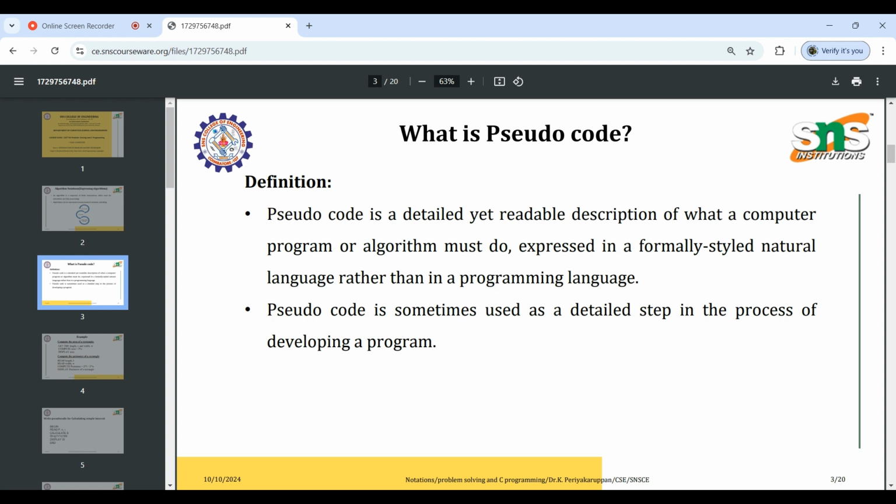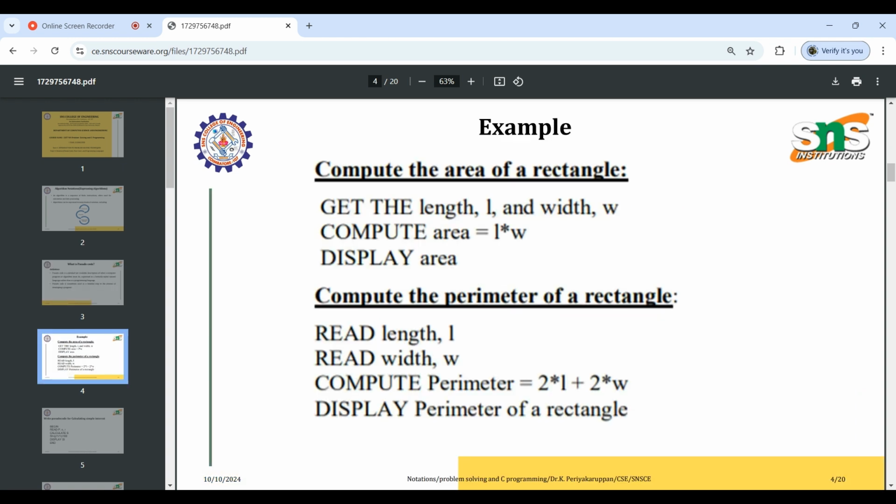What is pseudocode? Pseudocode is a detailed yet readable description of what a computer program or algorithm must do, expressed in a formally styled natural language rather than in a programming language. Pseudocode is sometimes used as a detailed step in the process of developing a program. Example: